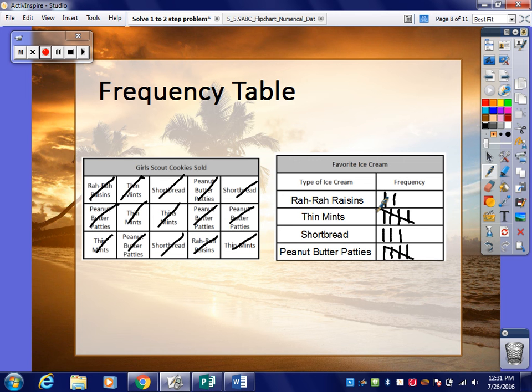From this information, you have a total of students that voted. You can count your tally marks, where you see 3, 6, 9, 12, 13, 7, 10, 15. You can tell that there were 5 students that like Finland, there were 5 that like peanut butter, and at least 3 that like